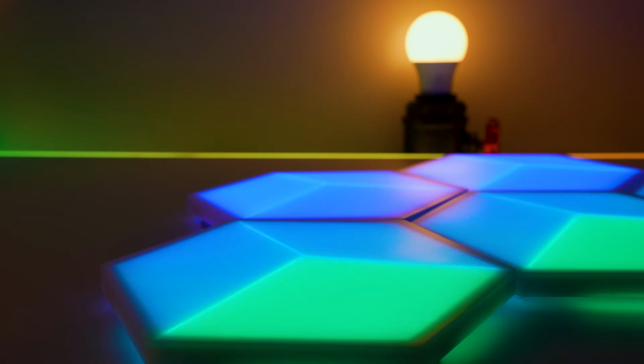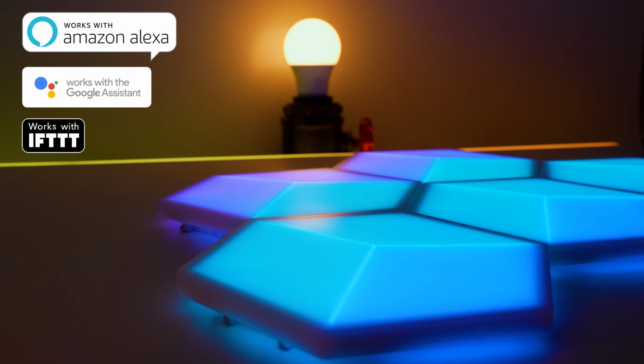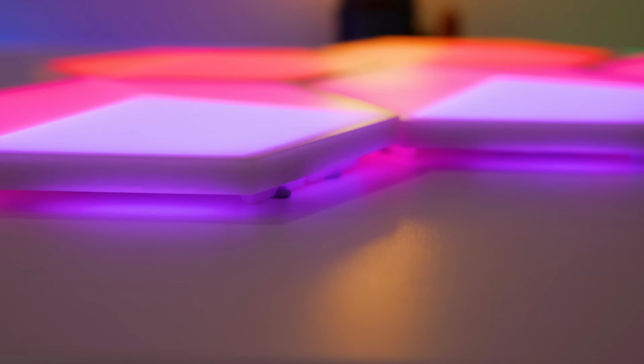These panels work with Amazon Alexa, Google Home, If This Then That, and most importantly for me and all the angry Home Assistant dorks that think I suck, it also works with Home Assistant! Home Assistant! Home Assistant! These lights are just as bright as the standard Hexa Glide wall lights were, but with